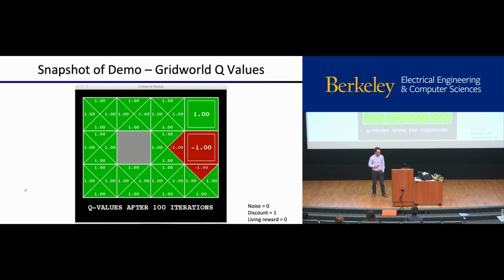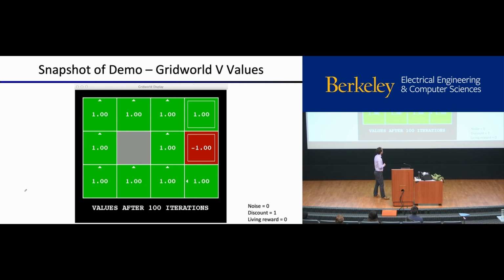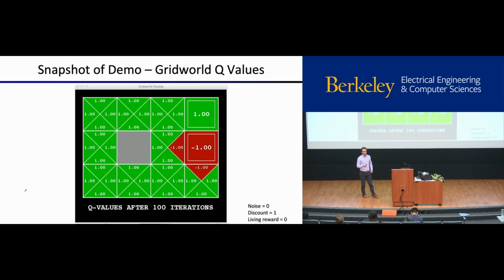Okay. These are the optimal Q values. Instead of the value for the state, there are now 4 Q values for those states. And the Q values are the values for that same state, taking each of the possible actions from that state. I could go north, I could go south, I could go east, I could go west. So each one of these states now has 4 different numbers associated with it,